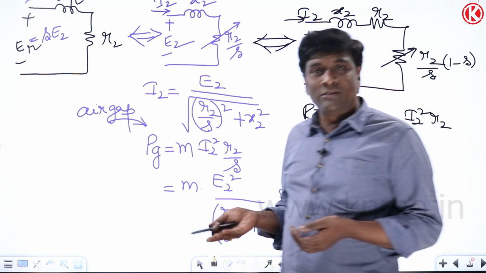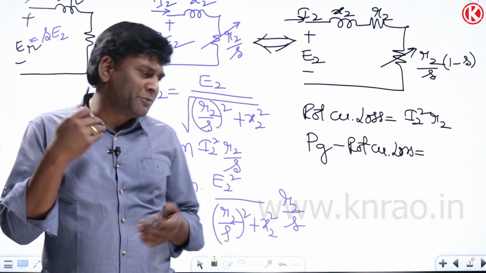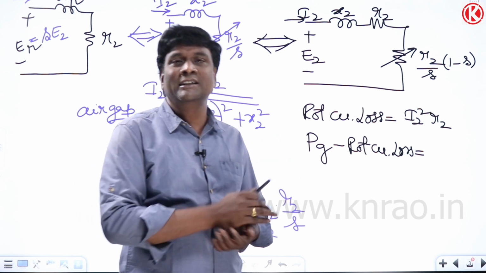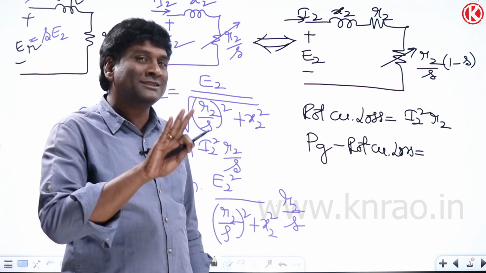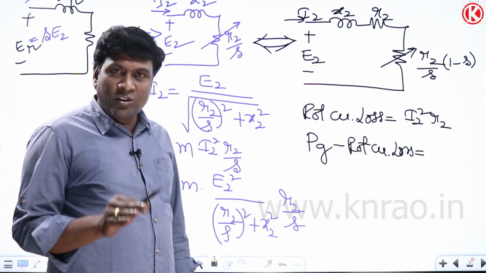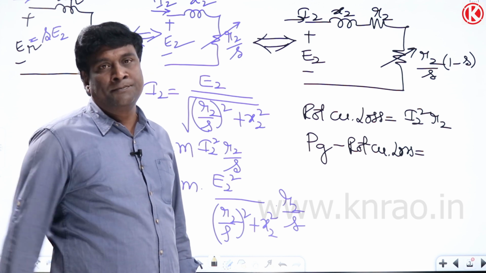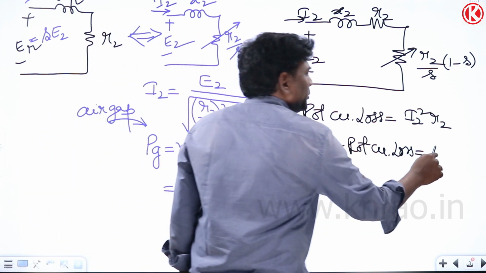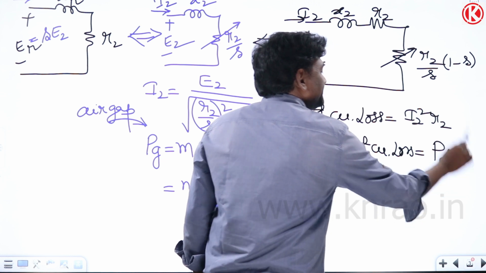Or kind of core losses when to detect, copper loss when to detect. From those points of view, we will discuss efficiency calculations or power flow calculations later. As of now, my concentration is the rotor circuit. Now this is going to be the power developed.